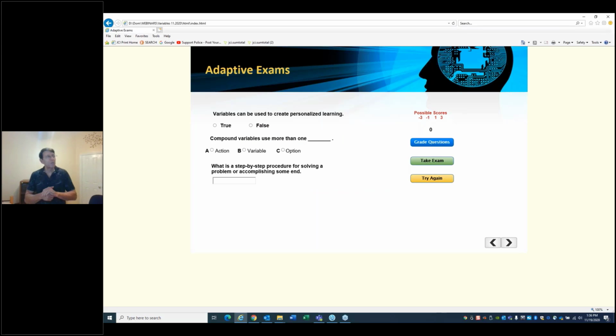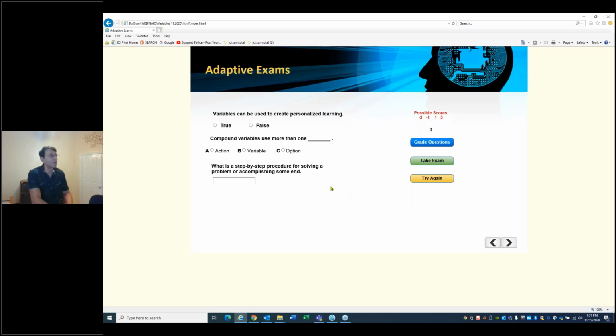Now, in this example, adaptive exams. Wouldn't it be nice to not only personalize the learning content, but then personalize the exam based upon how much the user demonstrated that they knew something or didn't know something? So as the learner's going through the courses, unbeknownst to them, they're actually going to determine what kind of exam they get.